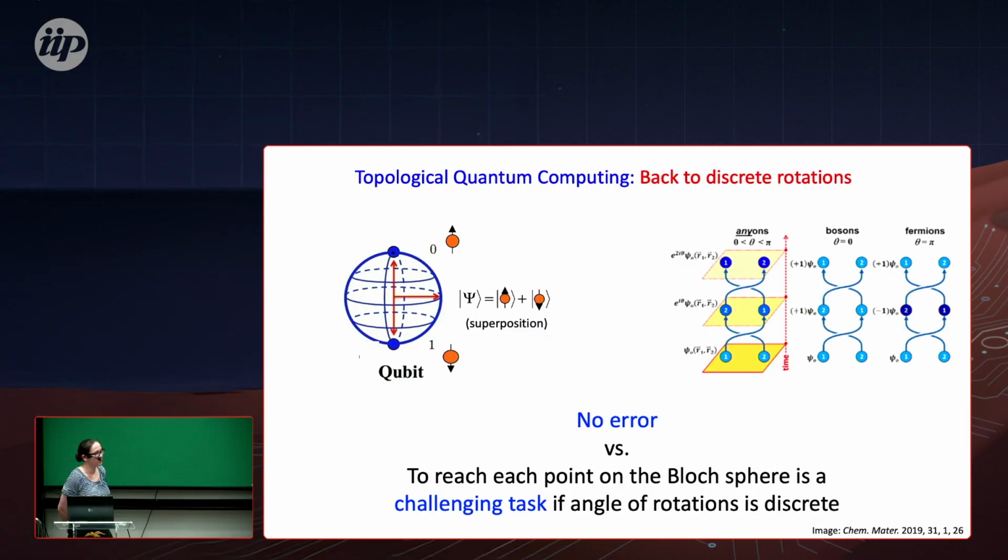And from the point of view of computation, it was a very exciting idea because many qubits, let's say spin qubits, are susceptible to local noise. If you have spin up and spin down, and you have nuclear spins or any charge disorder, we can couple to these degrees of freedom. And when we try to perform an operation, we never know if we exactly go from 0 to 1. So there are always errors, and that's not a problem. We can deal with them.